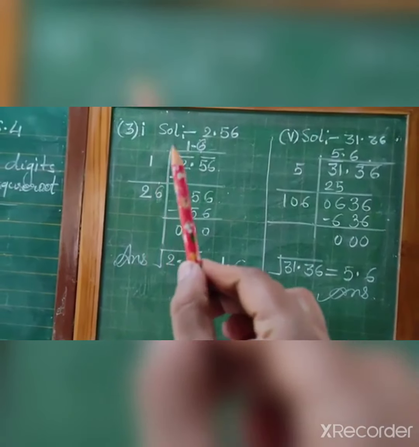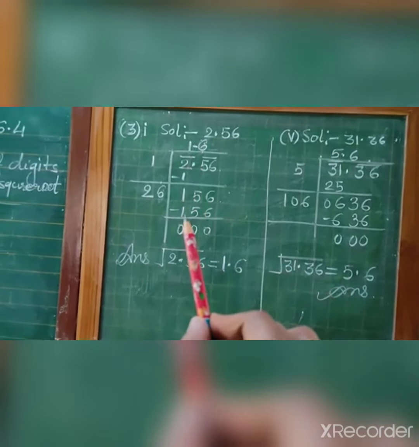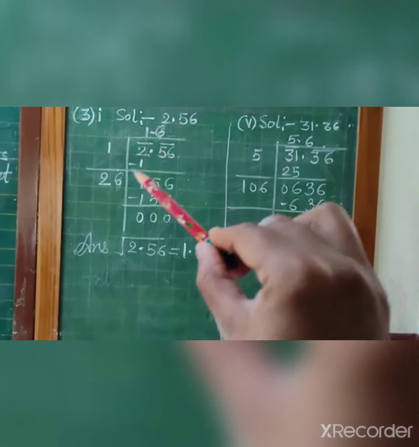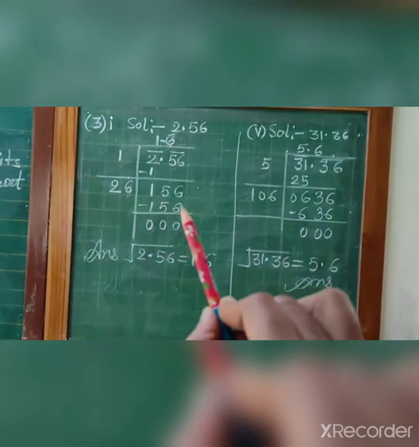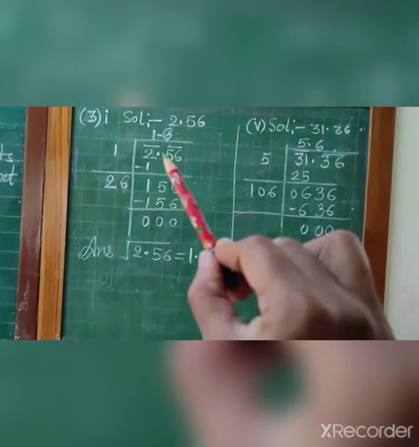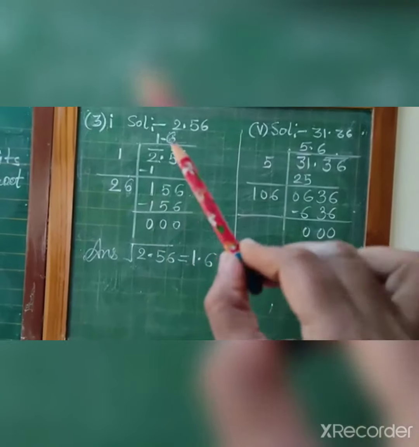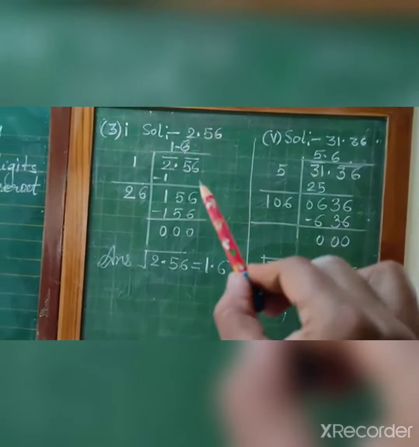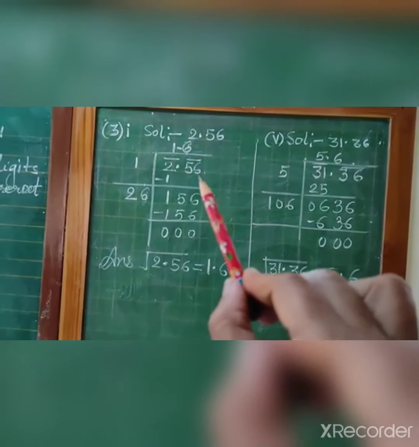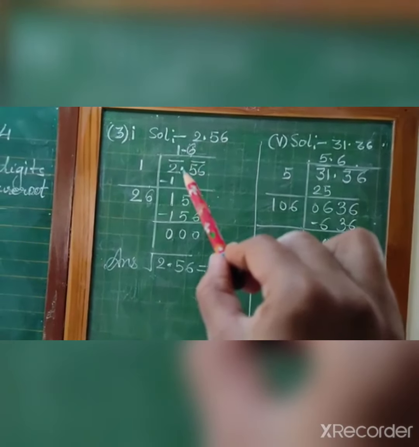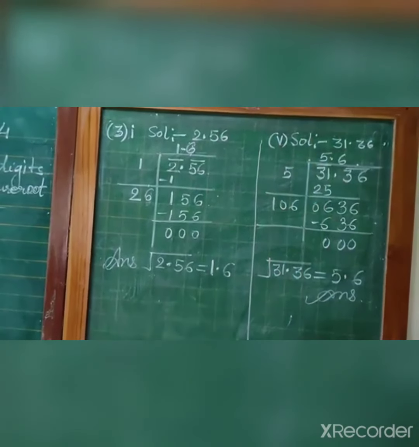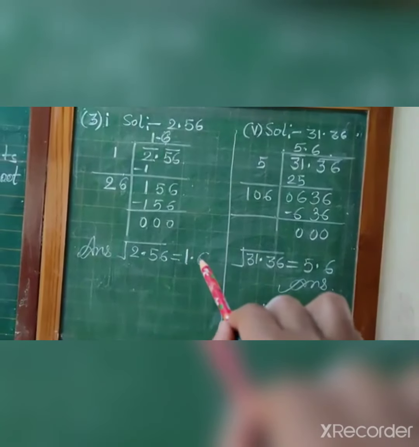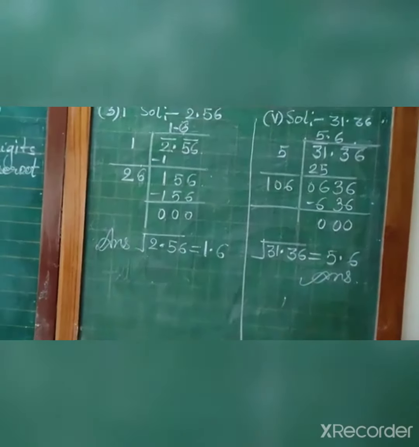So 1 1 is 1, 2 minus 1 is 1, and here it will be 1 and 1 is 2. Already I explained this to you. Then when you write 6 here, 6 6s are 36 and 6 2s are 12, 3 15 minus. Here in the answer, the square root, when you calculate, 2 digits will be there. So before 2 digits the decimal is there, so when you take half of 2, 2 ones are 2. Before 1 digit in the answer you will put the decimal.